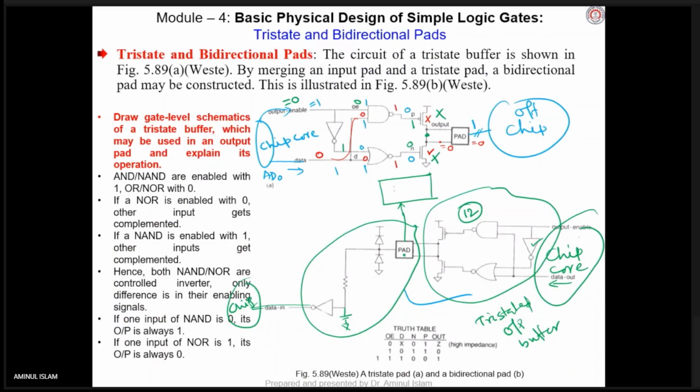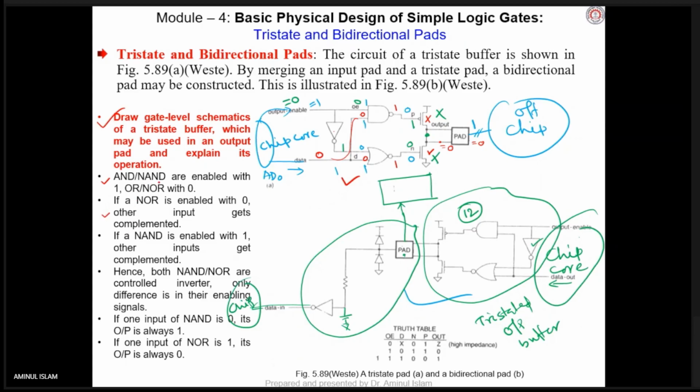So now we are going to talk about the tri-state and bidirectional pads. Here is the diagram of a tri-state buffer. The circuit here. You see how it is tri-stated. Can you understand and tell me? Explain. This is the normal question I used to ask, and these are things you might have developed a very good understanding of in the digital system design subject.